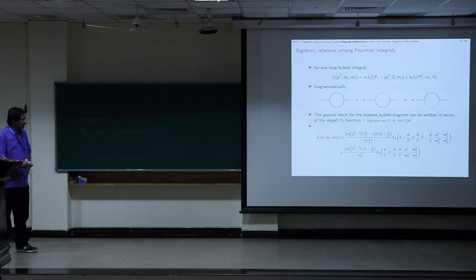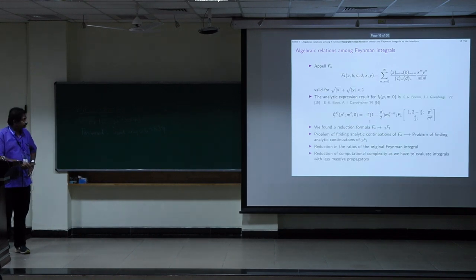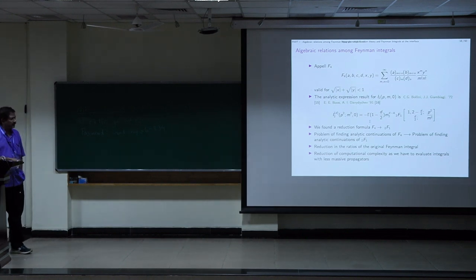So, among other things, of course, it gives you relations between various Feynman diagrams. Here is a Feynman diagram that you started out with. On the right-hand side, you have a Feynman diagram with a couple of massless propagators. So, you are relating massive and massless propagators also. So, this is a way in which I think in future people could use this as an input into computations that they are doing. And in addition to this, this also can give you relations among hypergeometric functions,